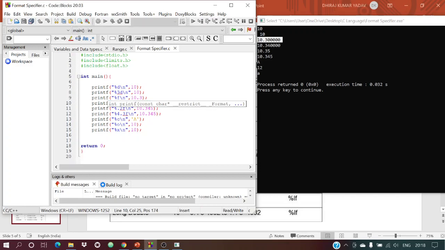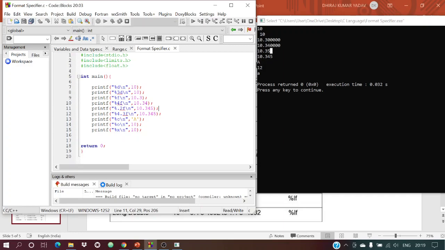Okay, and if you are writing this thing, 0.2, it means that after the point there will be only two characters available. So if we are having %.2f, see here after the decimal there are only two digits, whereas we have provided 3, 4, 5. After that it is printed only 2 digits, and that too rounded off. Okay, see, 3 4 5 it was, here it is printed 3 4.